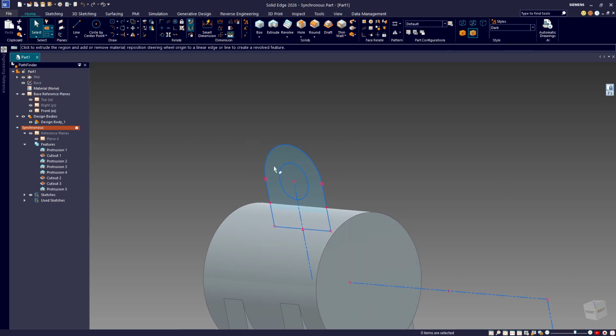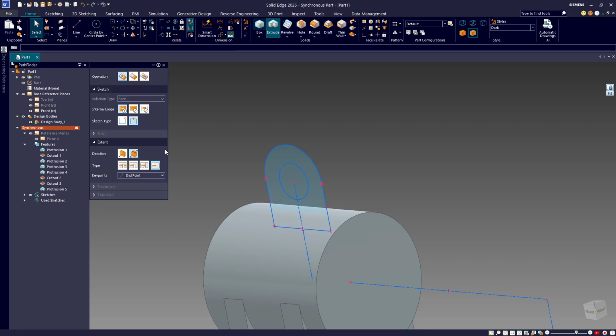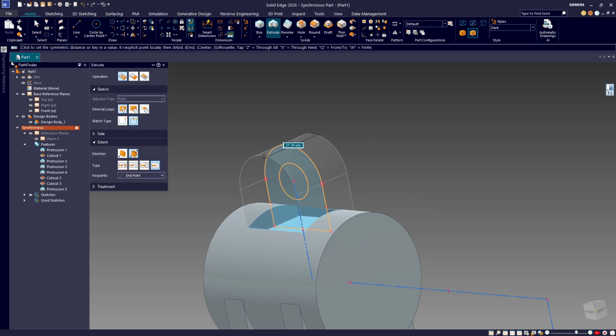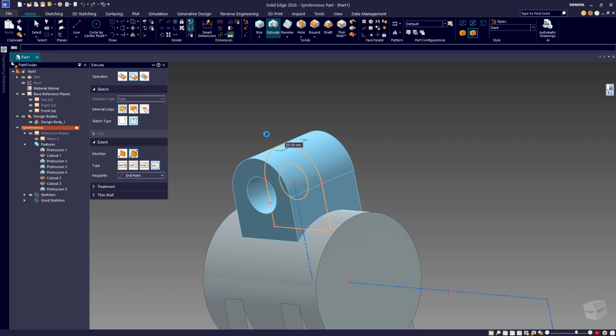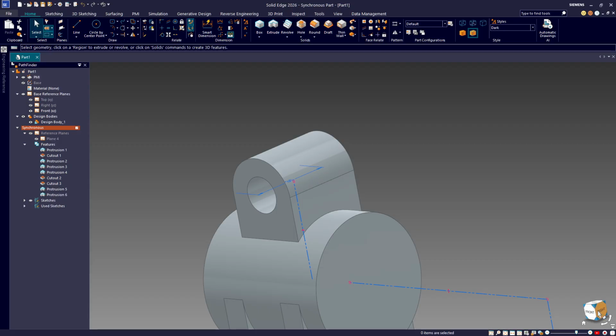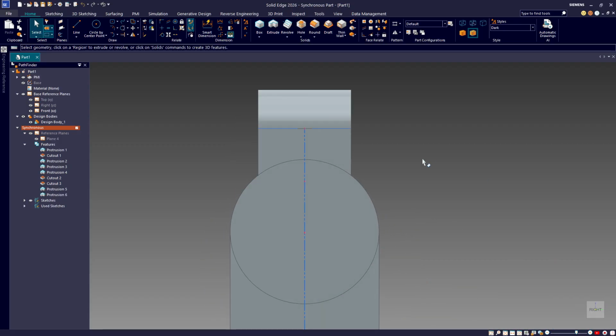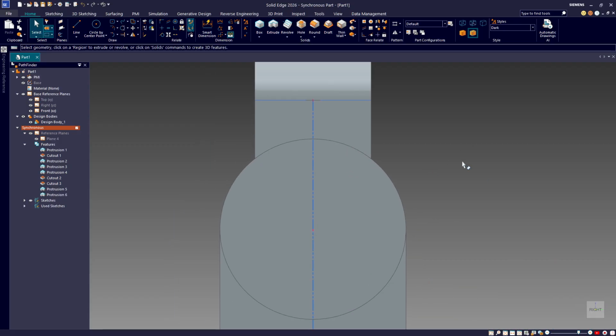Now I'm going to extrude this. Do a symmetric extrude. It's in cut right now, so you want to go to add. And we're going to do an additive extrude of about 35, is that right? 35. Doesn't look right. Yeah, I guess it is right. And now we're going to